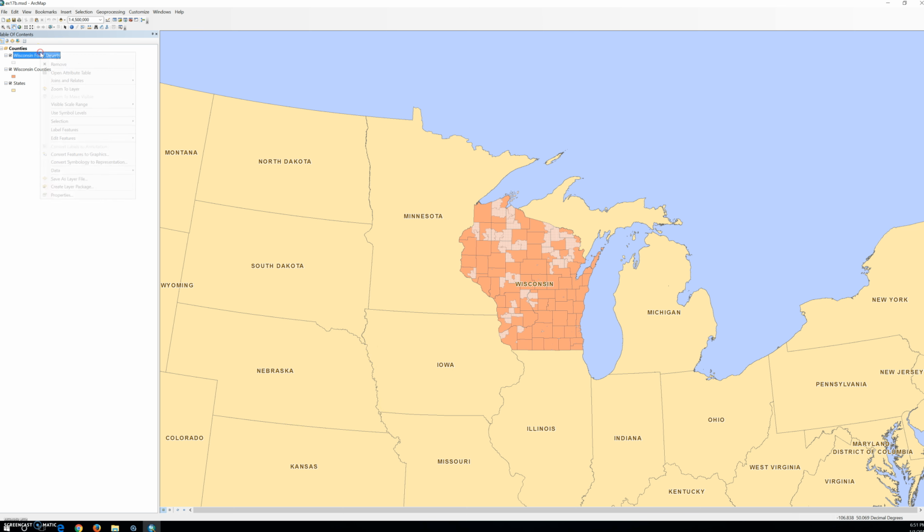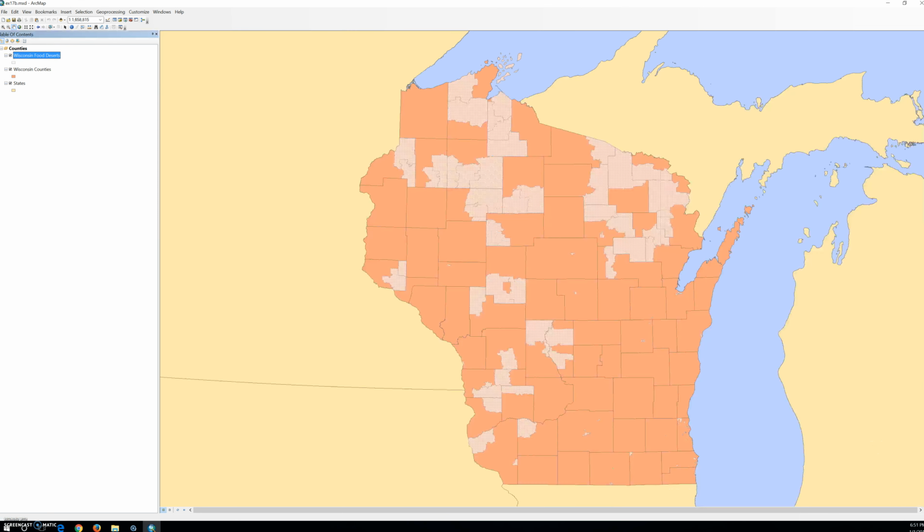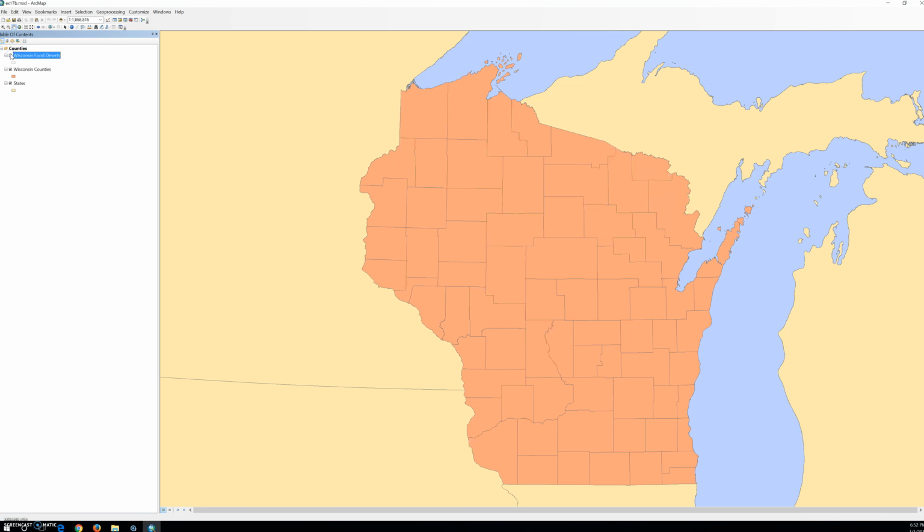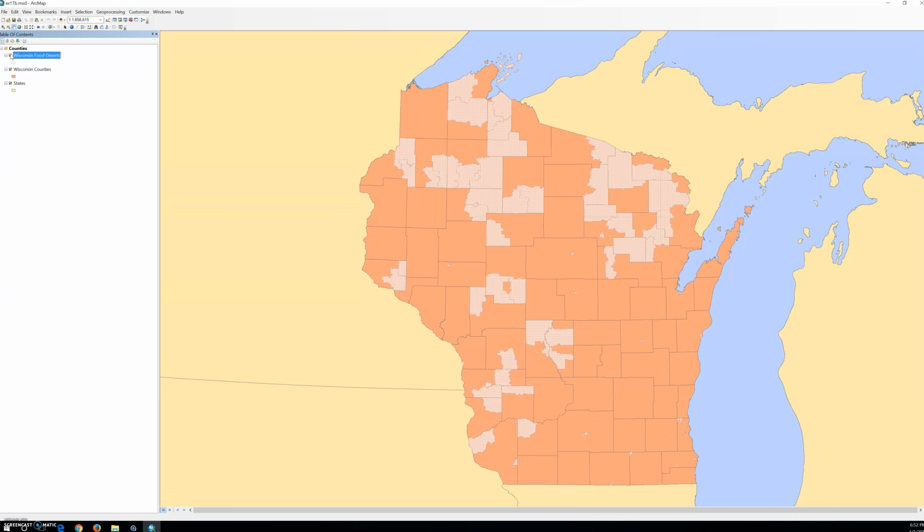Now I'm going to zoom to layer so you can see better, and I'm going to turn it on and off. You can see that some counties have no food desert, like right here and right here, and others have multiple food deserts, like here and right here. There are many small food desert tracts that are difficult to see at this scale. Even with a carefully chosen symbology scheme, it can be very hard to tell which food desert tracts fall within which counties. So next, you will use the Select Features tool to get a better understanding of the data